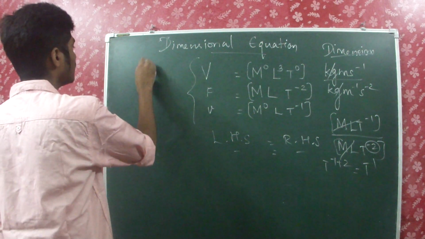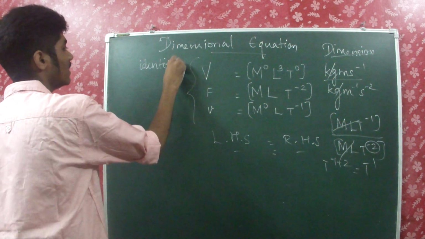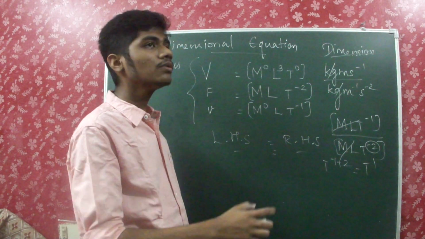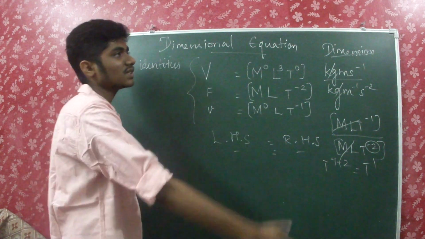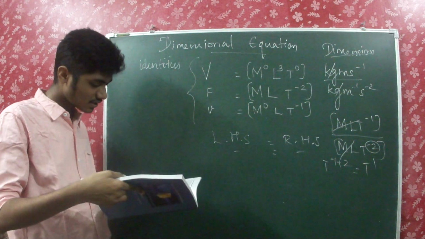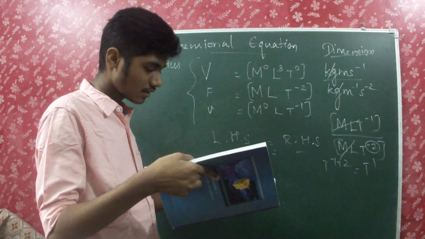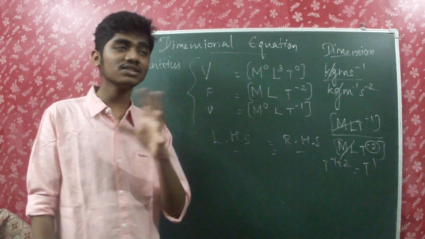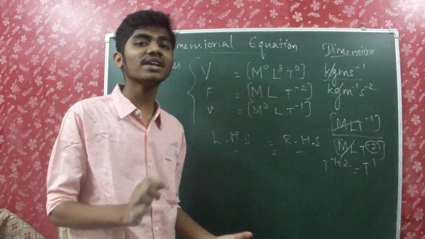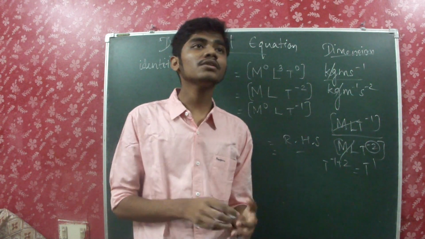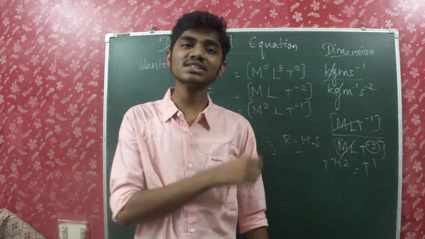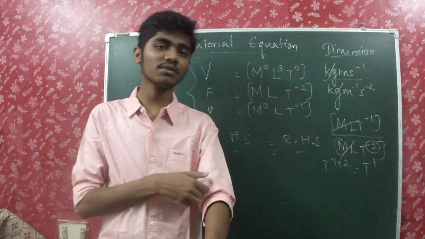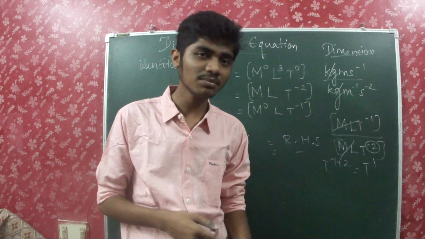By learning these dimensions and dimensional formula, we can also come to know how to deduce very important identities and how to check our derivations. That we will be learning in the next video: how to check whether the unit is right, or whether two physical quantities have the same dimensional formula. Also we can derive the dimensional consistency and the homogeneity of physical quantities by writing the dimensional formula. To your surprise, many physical quantities may have the same dimensional formula. You have been given a lot of dimensional formulas in the appendix at the last of the book. You can refer to that.